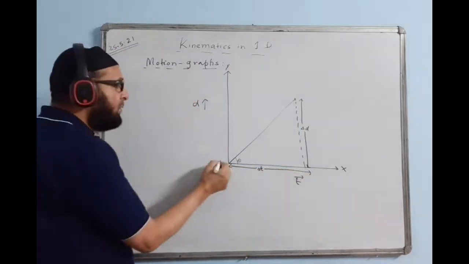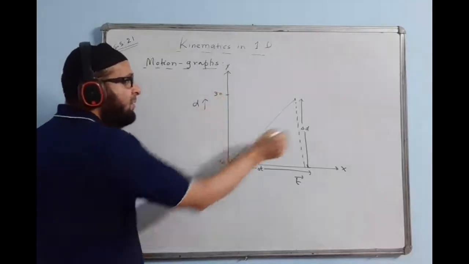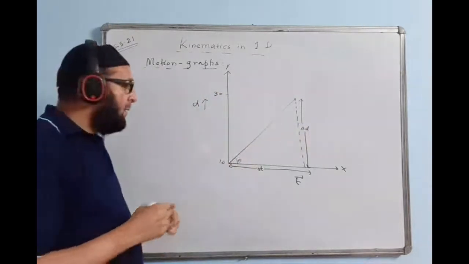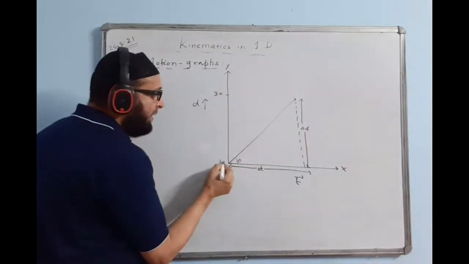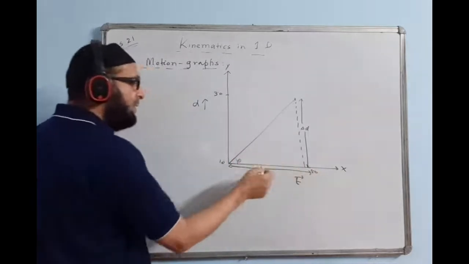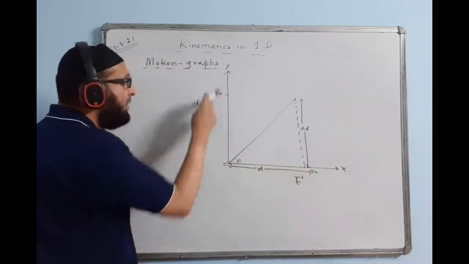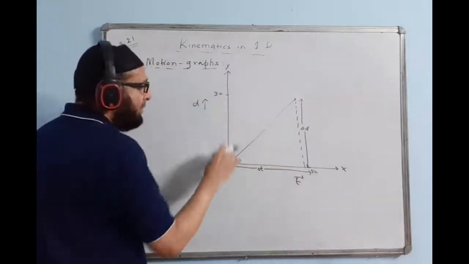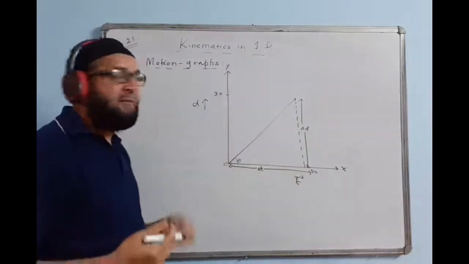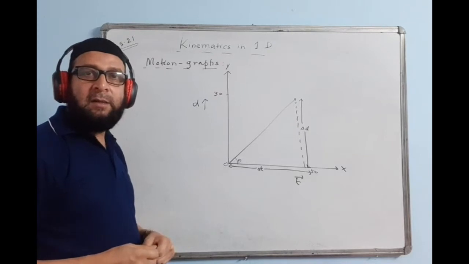Suppose this is 10 and this is 30. How much is the change? 30 minus 10, so the delta t value you will write here is 20. And if this side is also 10 and this side is 50, what is the difference here? 50 minus 10, the delta t value will be 40. But if the origin is 0, then 30 minus 0 will be 30 only, and 50 minus 0 will be 50 only. Then you can divide the two of them, and you get the value of the slope.